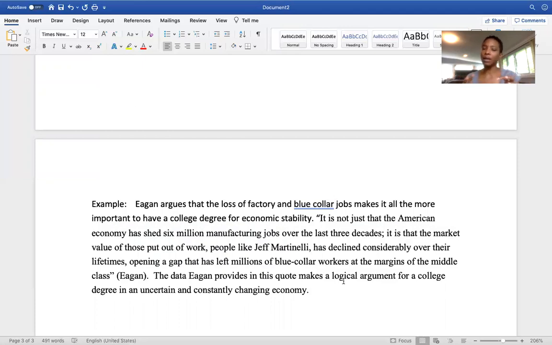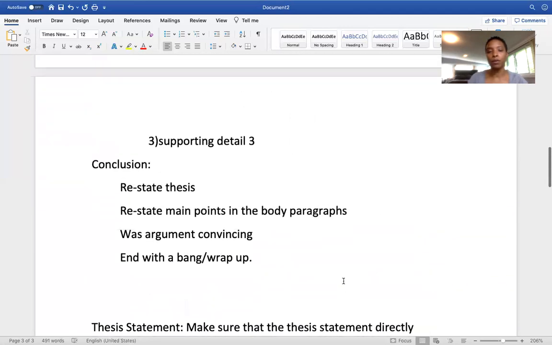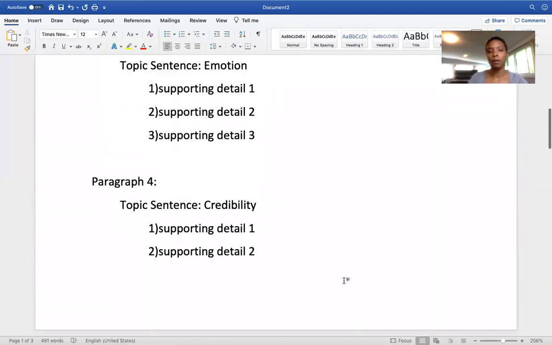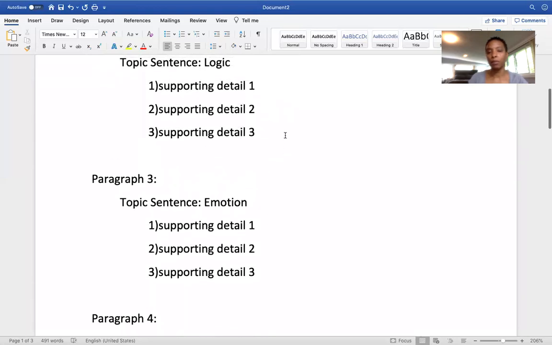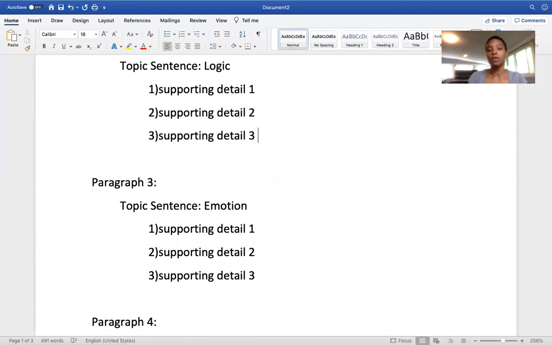And again, it's really nice in the beginning if you have these models in front of you. So if I go back up into my body paragraphs, because a quote can be a supporting detail, maybe for supporting detail 3, I'm just going to pull a quote. A quote makes your life a lot easier because you are using the text to develop your own argument. It shows that you've read the text and that you understand it, but it also means that you don't have to come up with as many ideas on your own. You can just lean on the text.